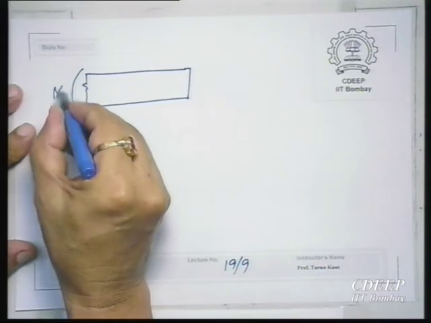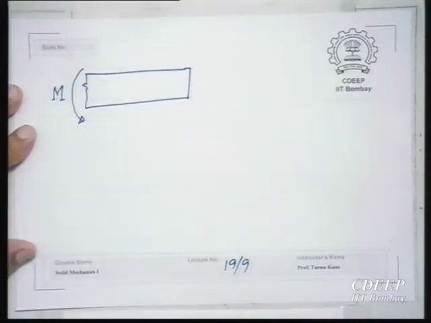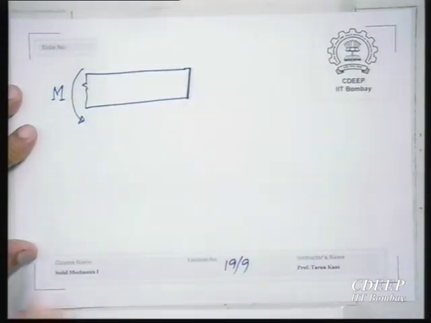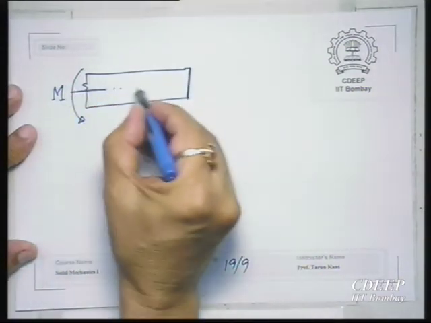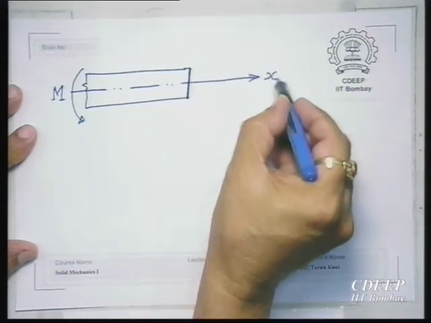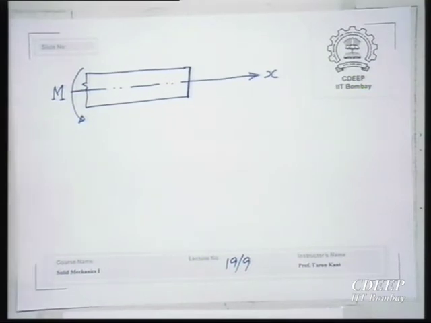this whole beam. Originally we started that it is subjected to pure bending moment. So now I am taking a section over here. I know my neutral axis is here. I don't know its location, by the way. I know there is somewhere a neutral axis in between the top and bottom surface, but I have not yet told you where it is. But it undergoes no extension or contraction.